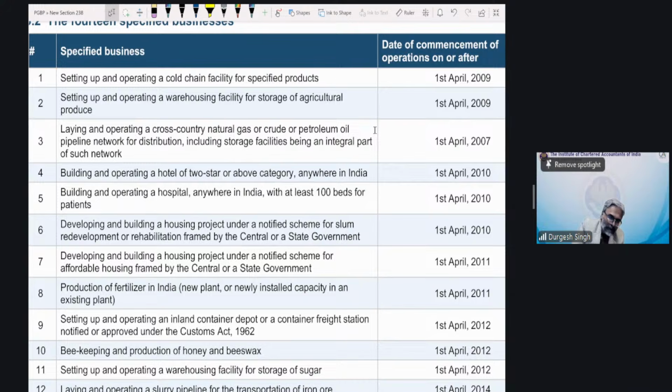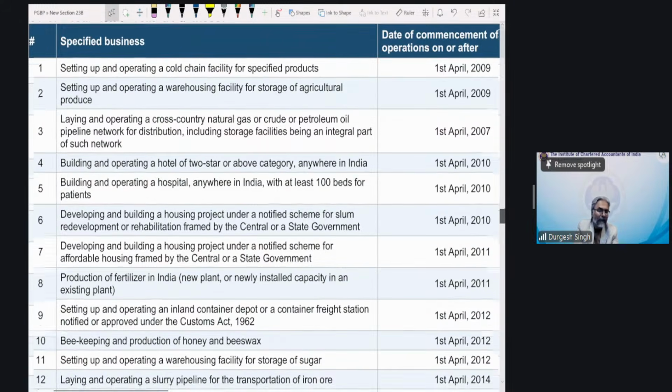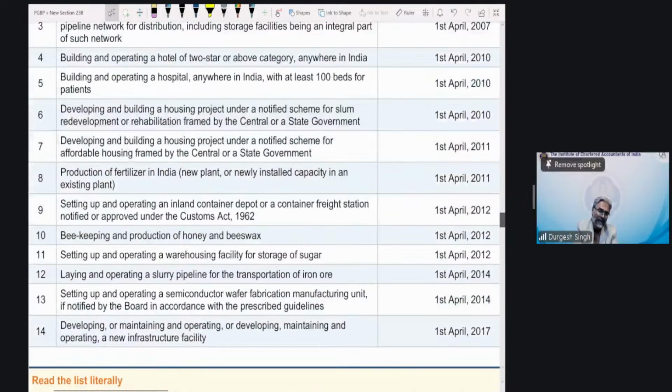So that is how, students, you have to see, the same way for hospitals and the other categories. You can just read down this entire list. These are the list of the eligible specified businesses. You are into this business, you incur the capital expenditure. If it is eligible under section 46, get full deduction. That is what it is. So always, students, have a habit of reading this entire list once.